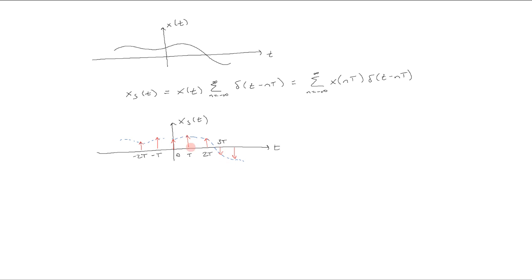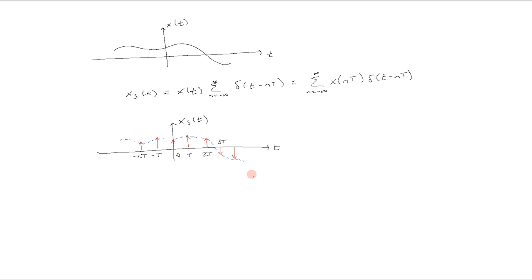So this is now a discrete signal. It is discrete because we don't know what happens to our actual signal in between each one of these deltas. All we know is what happens at the deltas, at these discrete locations, 0, t, 2t, and so on,